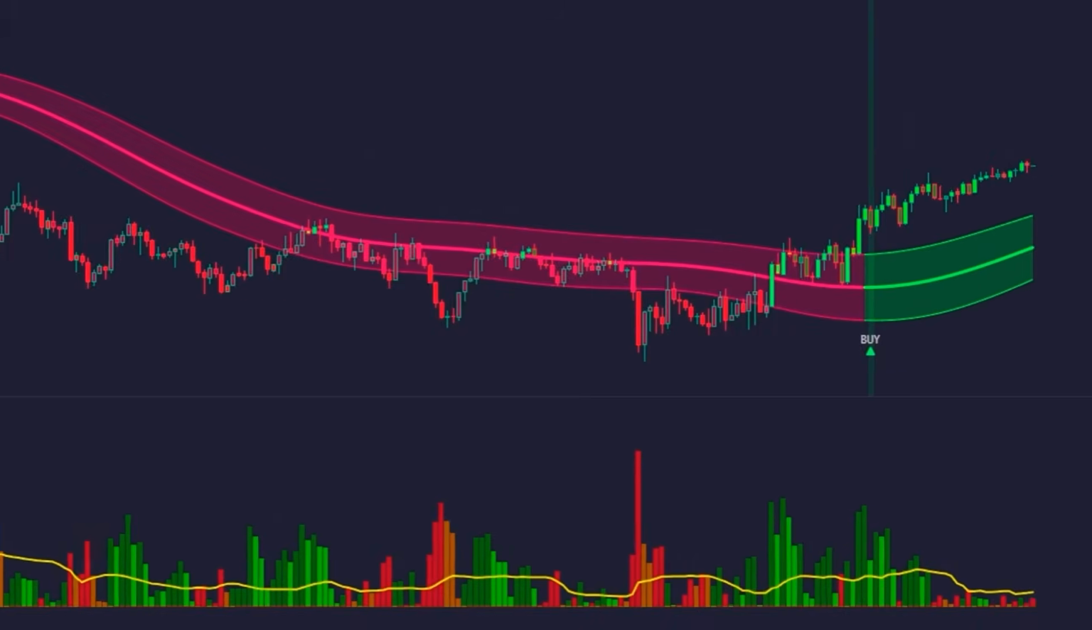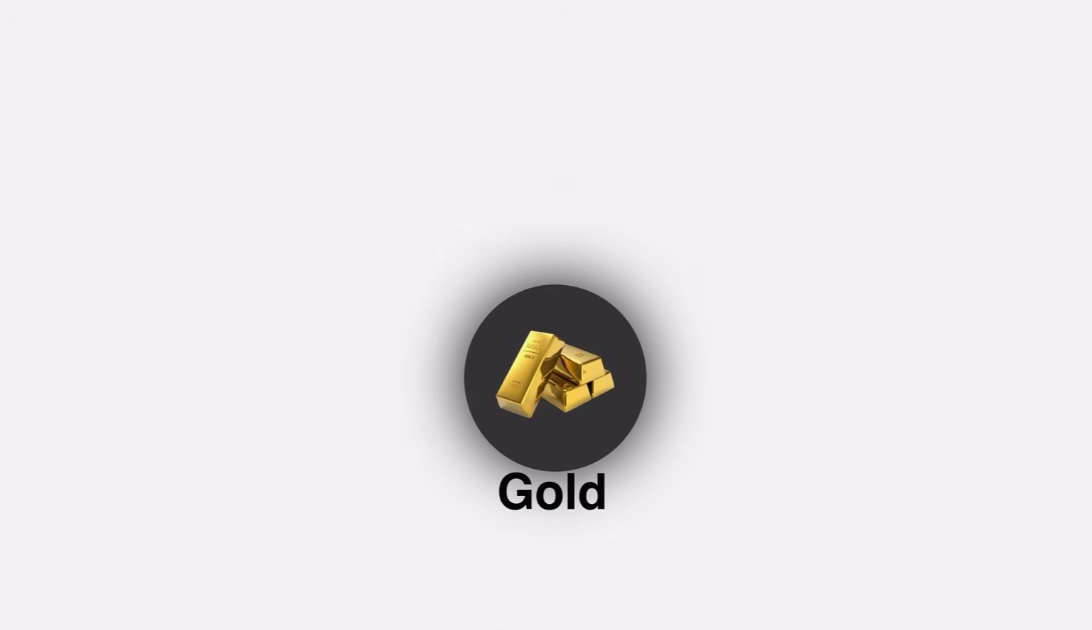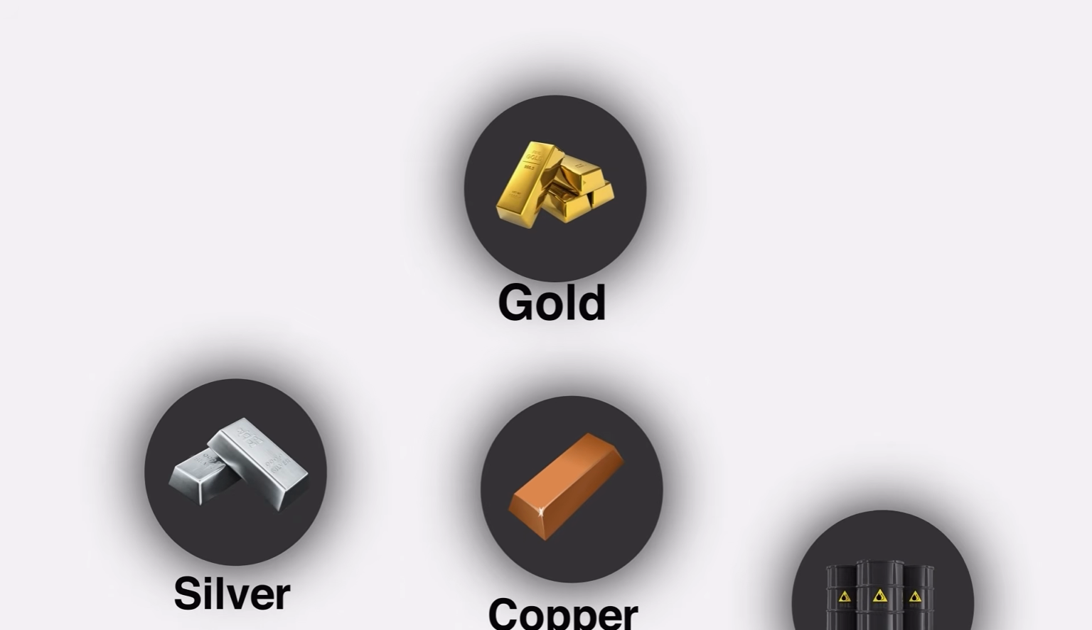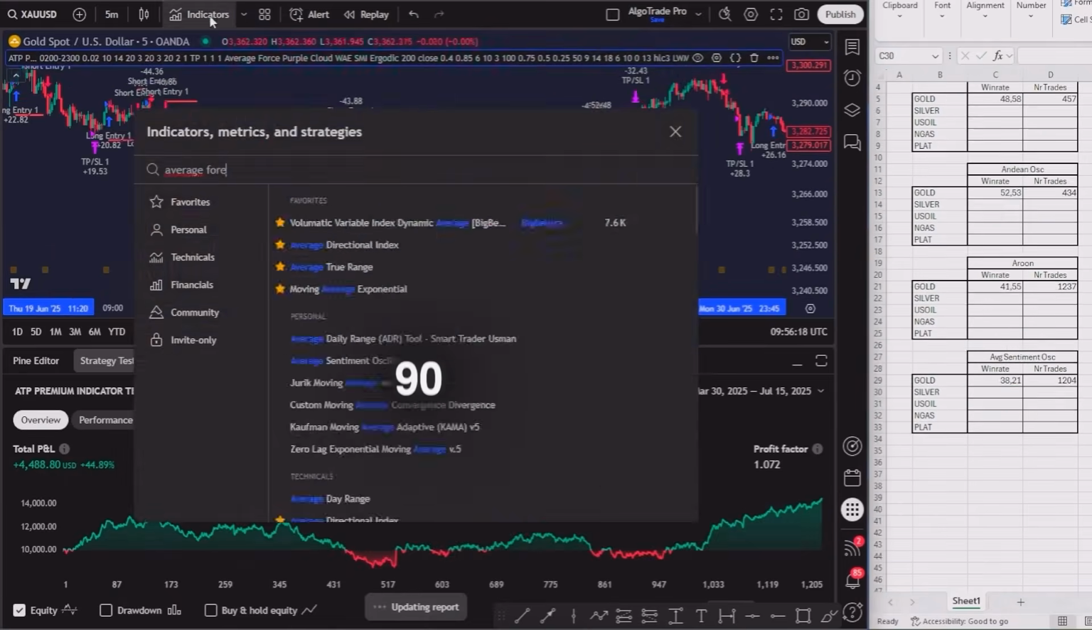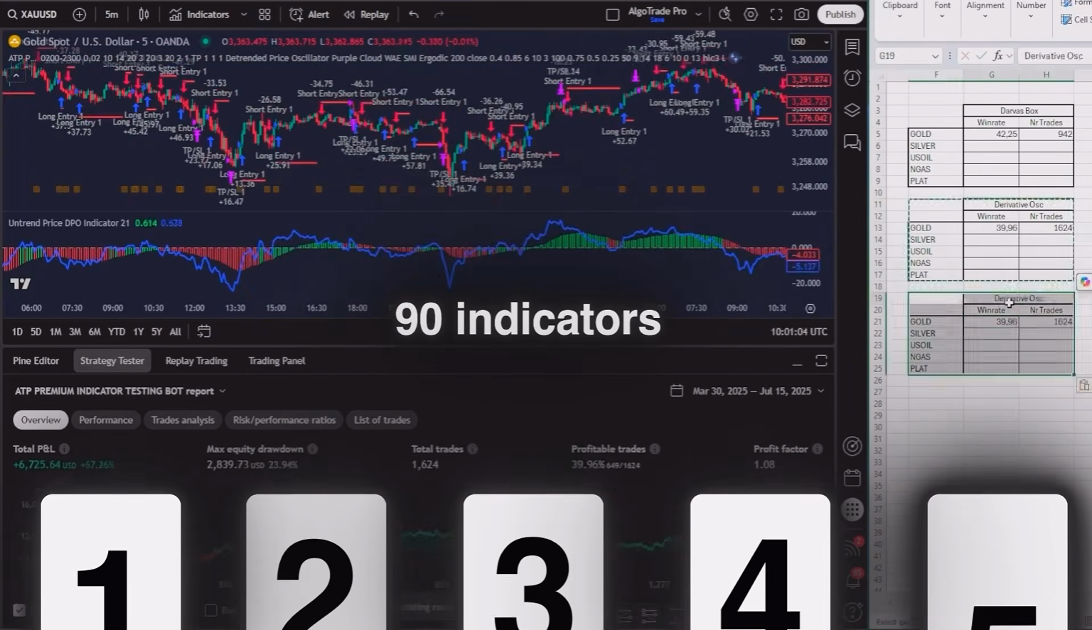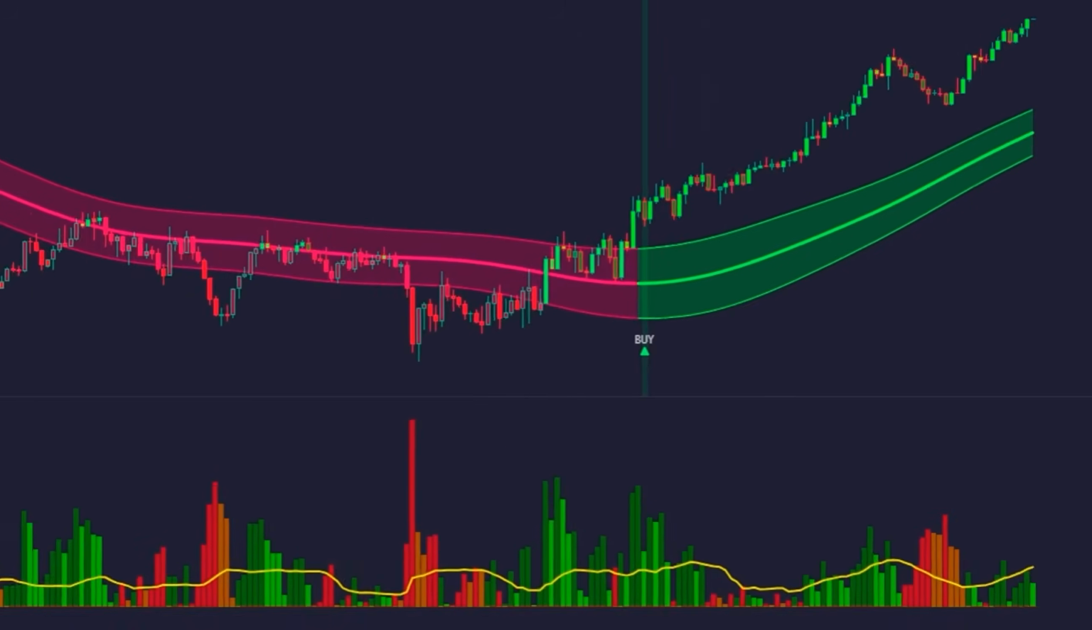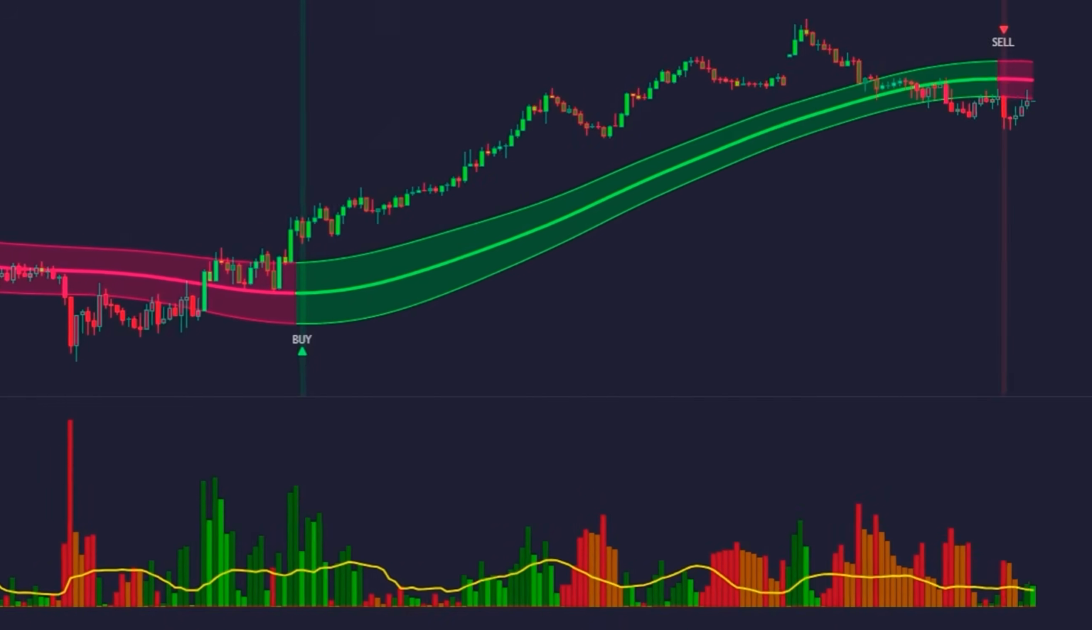That's why we are starting a new series where we will create a complete scalping strategy, not just for gold, but for the entire commodity space. Today, we will test over 90 indicators on 5 commodities and build a scalping strategy that you can automate in